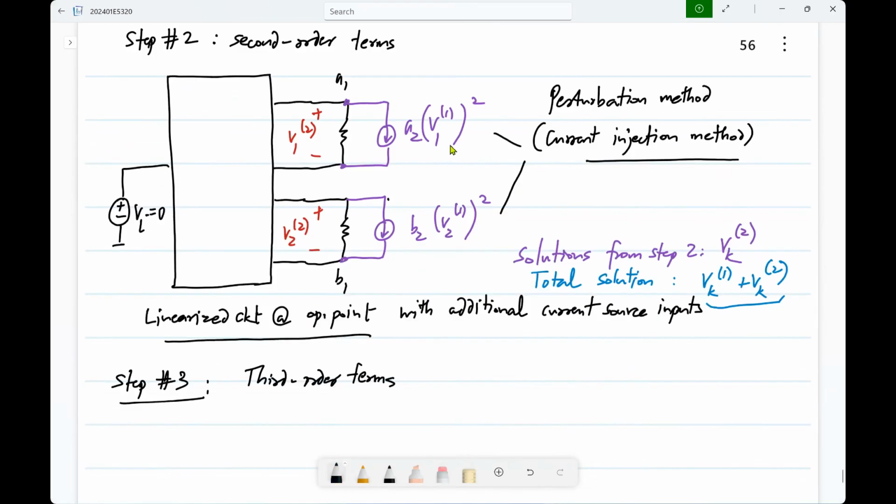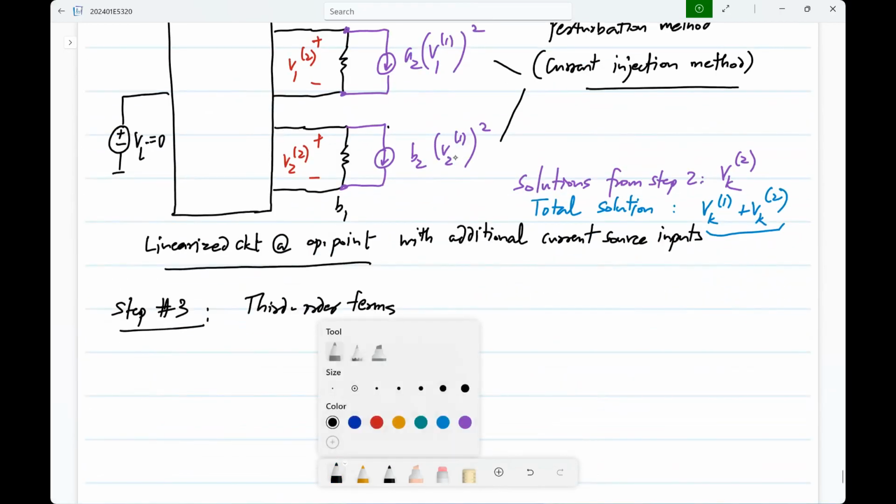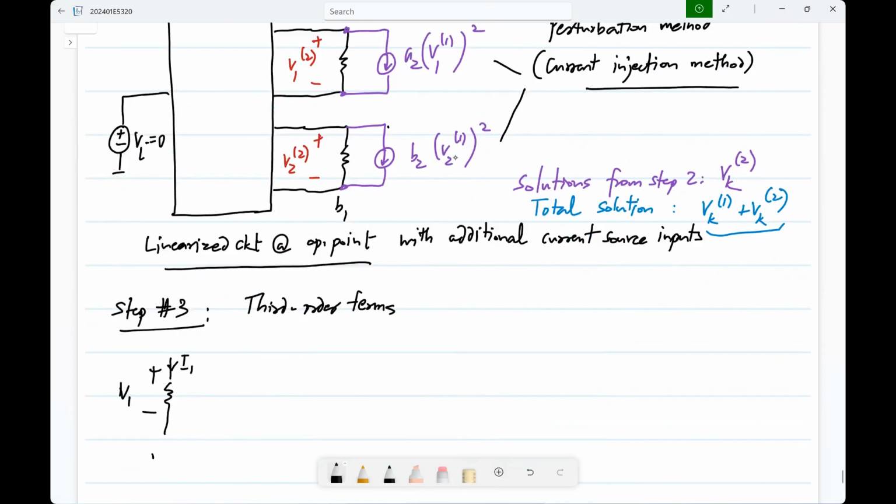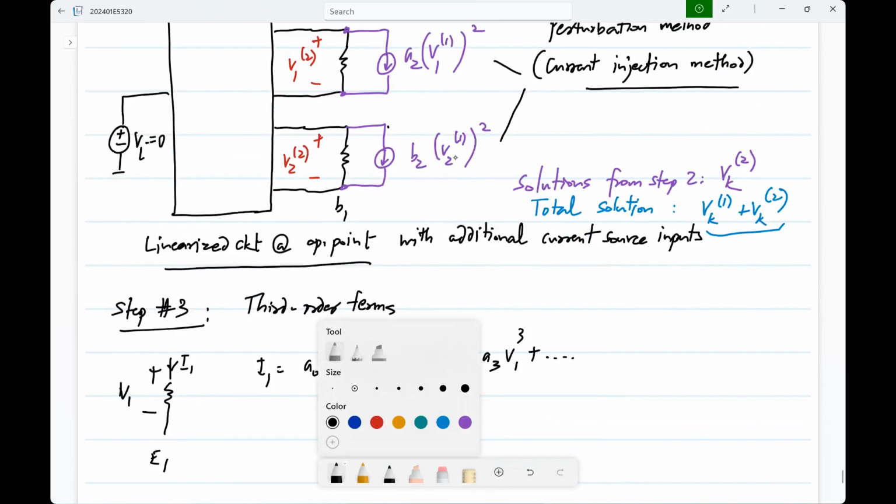So where do you get third order from? For instance, again, if you look at the element with V1, basically the element D1, you have I1 to be A0 plus A1V plus A2V square plus A3V cube and so on. So now you can see that, sorry, this is V1, right? V1 square, V2, V1 cube and so on. So the third order terms, you would get them from,